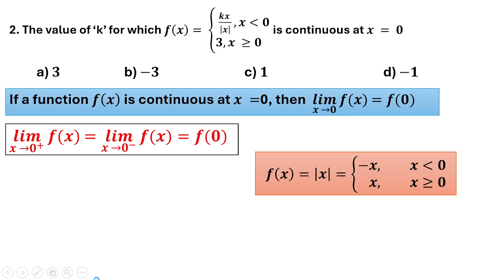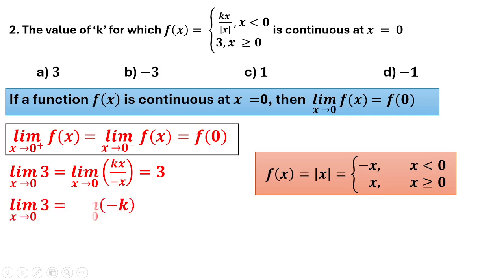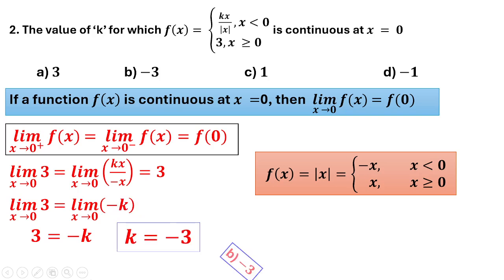Now here we have to see that x goes to 0 plus means x greater than 0. X goes to 0 minus means x is less than 0. Accordingly, you have to select the function. Therefore, for x greater than 0, it is 3. For x less than 0, it is kx by mod x. But what is mod x? Mod x will be minus x when x is less than 0. Accordingly, I have put kx by minus x. Now, when you simplify it, you will get k is equal to minus 3. Therefore, B is the correct